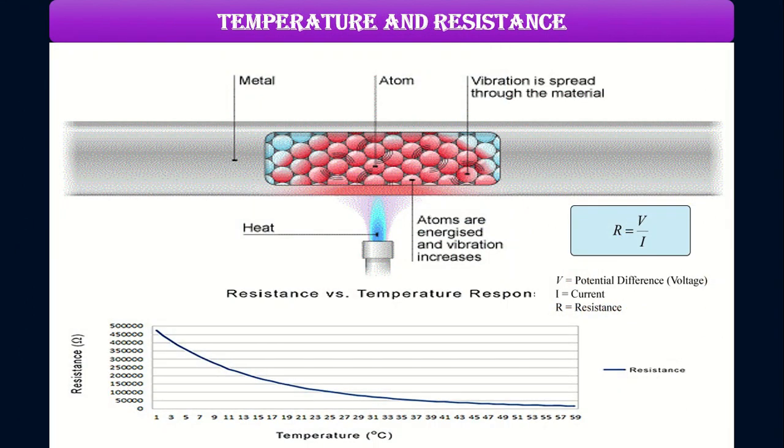Next, coming to temperature and resistance. Let us create a precise mathematical definition of the word resistance. Suppose we take the voltage across the resistor and divide it by the current passing through it. The result of this division is defined as resistance. So what is resistance? R is equal to V by I. This is referred to as Ohm's law.